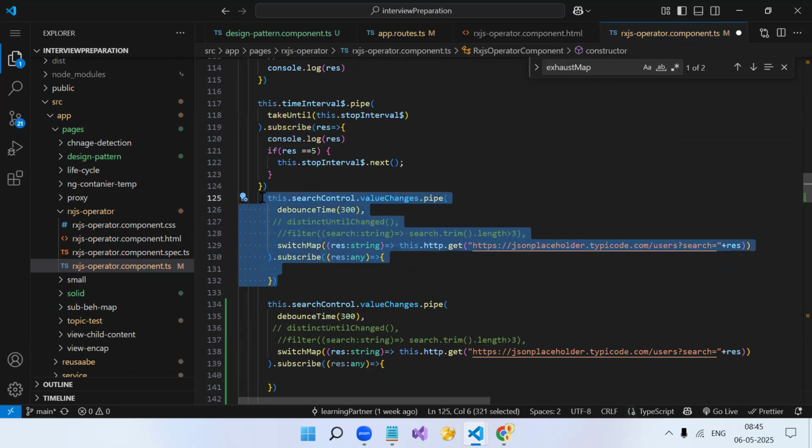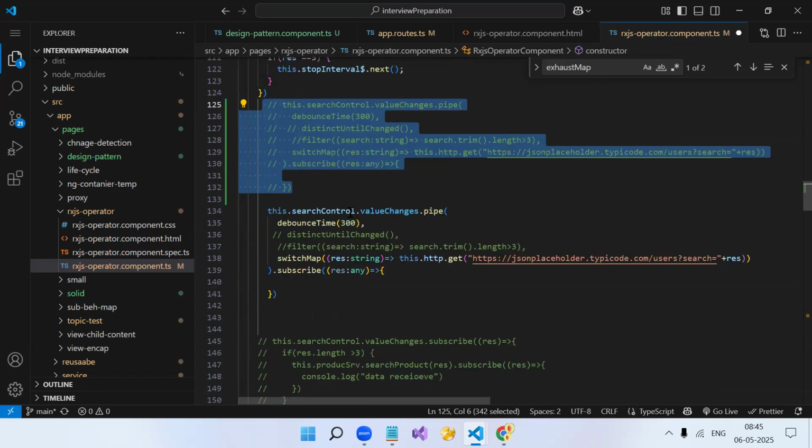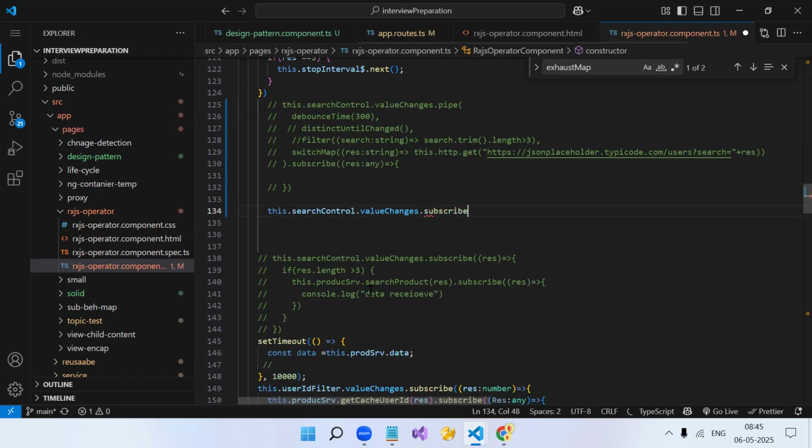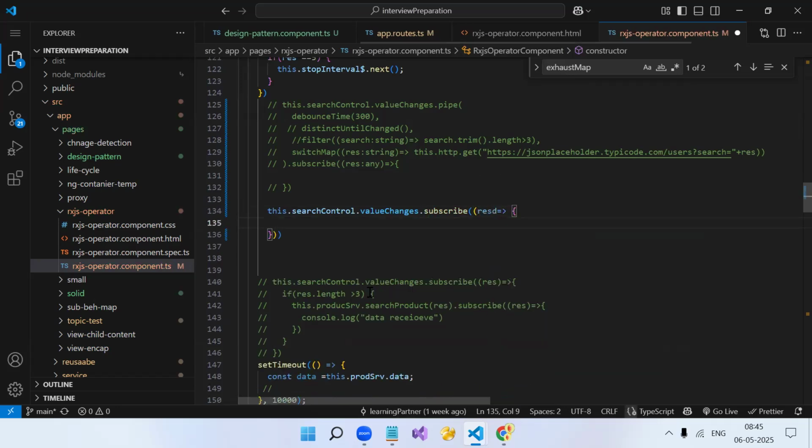अब मैं ये एग्जॉस्ट स्विच मैप वाला कमेंट कर रहा हूँ। जैसे मेरी वैल्यू चेंज होती है, टेक्स्ट सर्च कंट्रोल की जैसे वैल्यू चेंज हुई, डायरेक्टली मुझे सब्सक्राइब करना है। और मुझे एपीआई कॉल ट्रिगर करना है, ये वाला कोड जाएगा यहाँ पे। और इसको मैं सब्सक्राइब करूंगा।